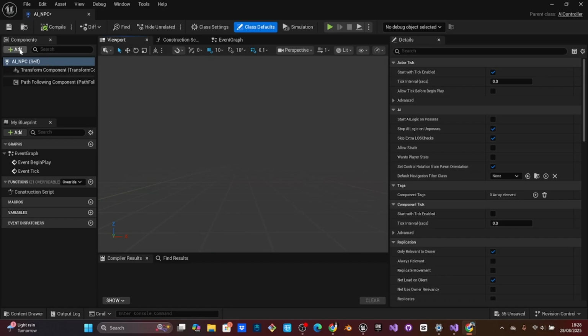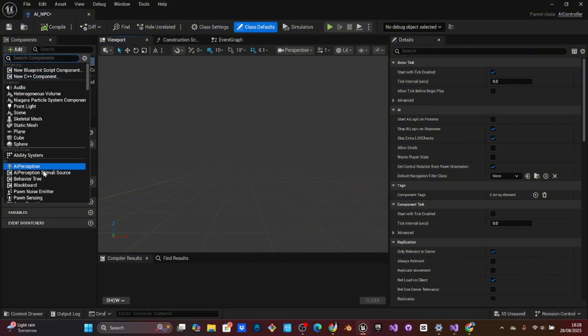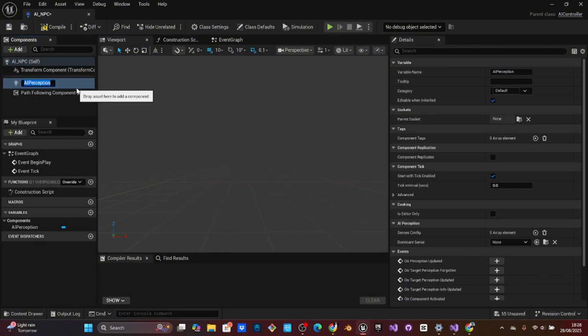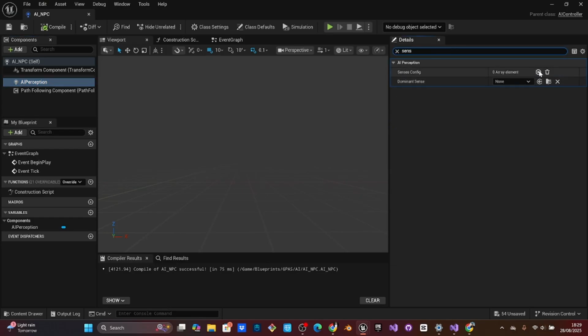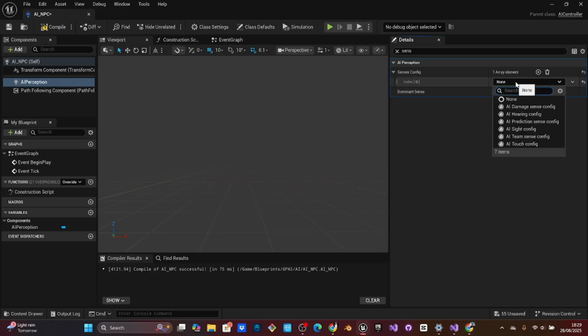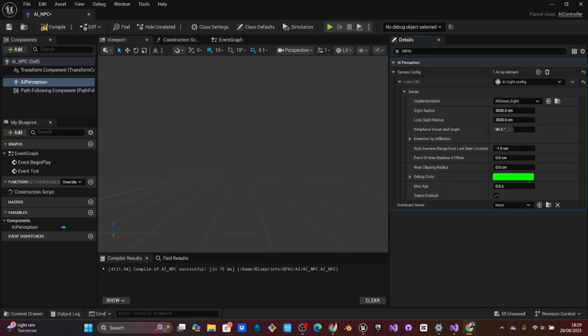So first thing, we need to get AI to get a perception, like to see us, to find us through either footstep, audio, or whatever it is. And if we click on AI perception, under senses config, we get a new index. We are gonna get AI sight config, and here if we expand,